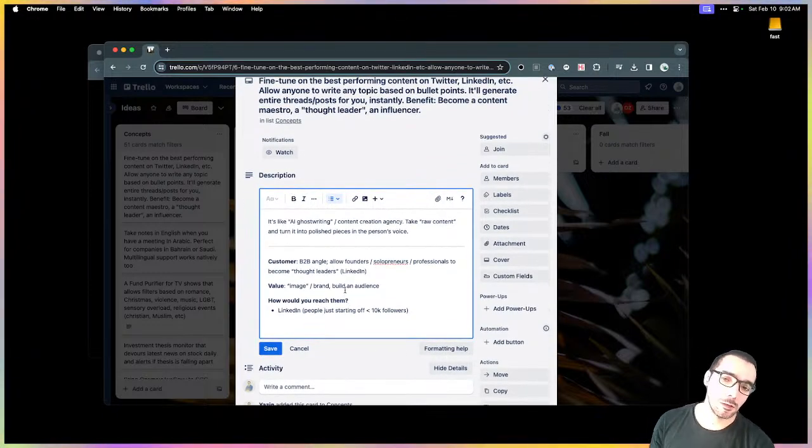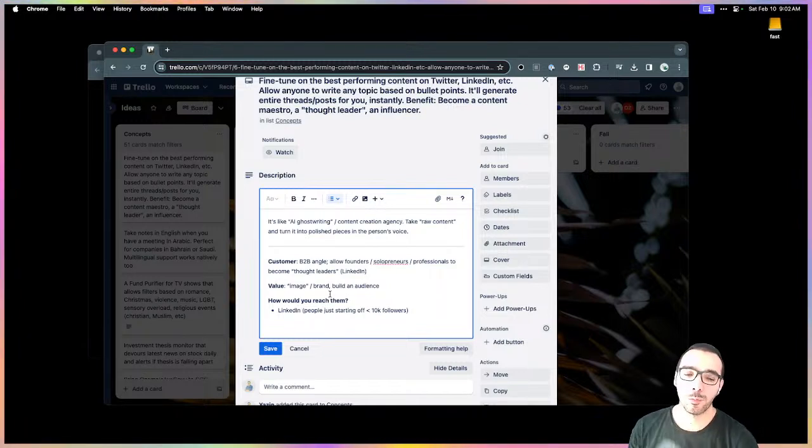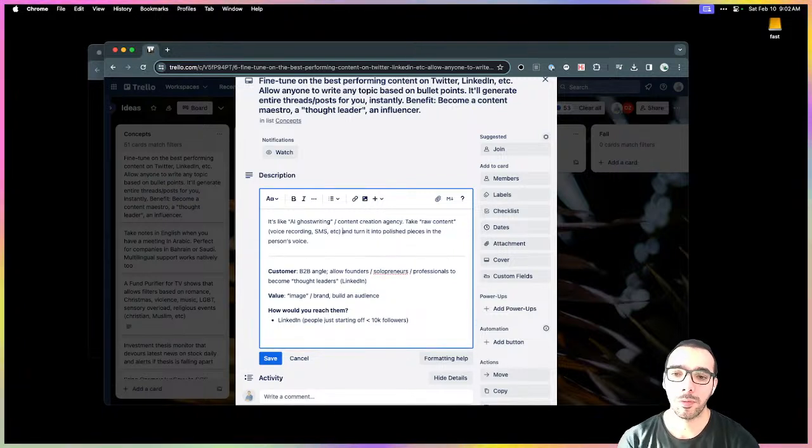I'd say interesting. This actually seems super interesting. The big question is whether you can pull this off. Can you actually take raw concepts? This could be a voice recording. I don't know what the input would be, like voice recording, or SMS, etc., and turn it into a polished piece.